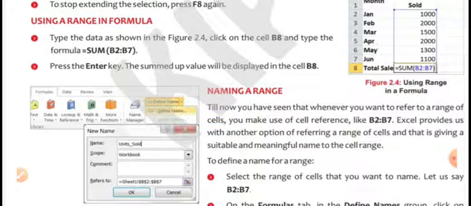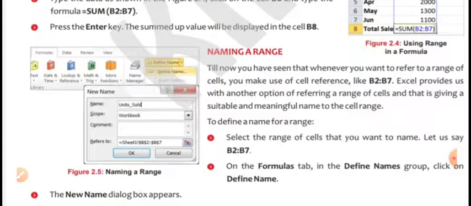Okay. Now how can you name a range? Till now you have seen that whenever you want to refer to a range of cells, you make use of cell references like B2:B7. Excel provides us with another option for referring to a range of cells, and that is giving a suitable and meaningful name to the cell range.